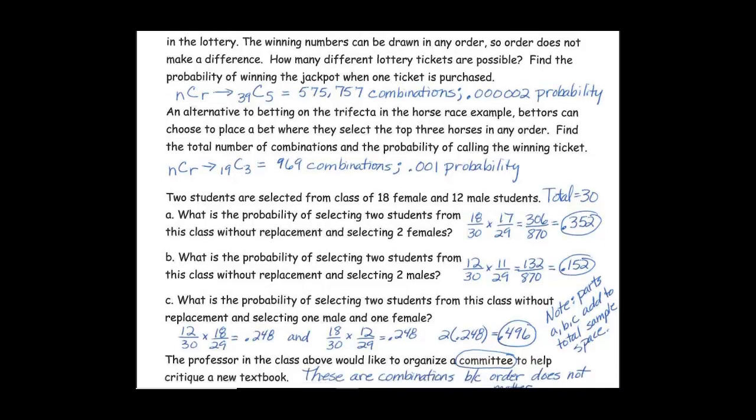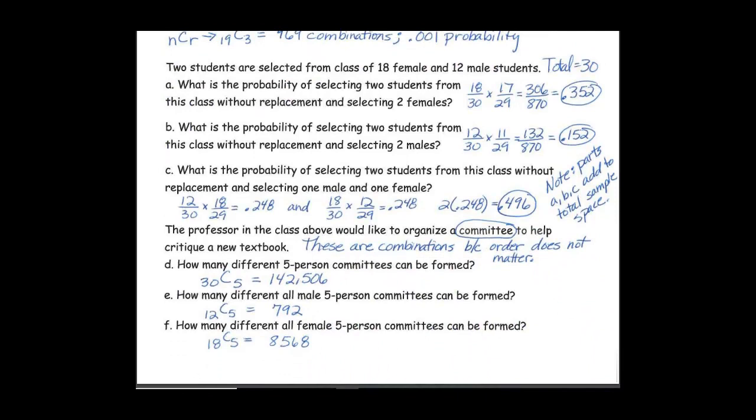Okay, so for the rest of this activity, I have some practice where you are looking at some problems that all sound kind of similar. They have the same data set. We are answering all 6 of these questions. 2 students are selected from a class of 18 female and 12 male students. I wanted to look at how this really has the same basic starting point, but the questions are all different. Here we're looking at finding probability without replacement, looking for 2 females, 2 males, or 1 male and 1 female. When, remember, we had this could happen 2 different ways. We've done this kind of scenario before, but I wanted you to see that in comparison to part D, E,